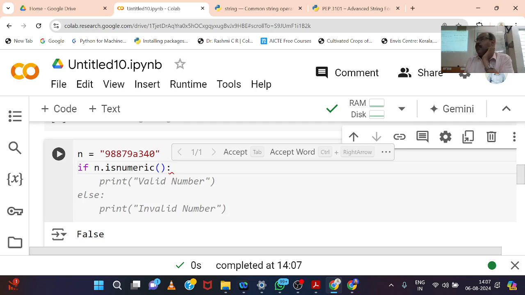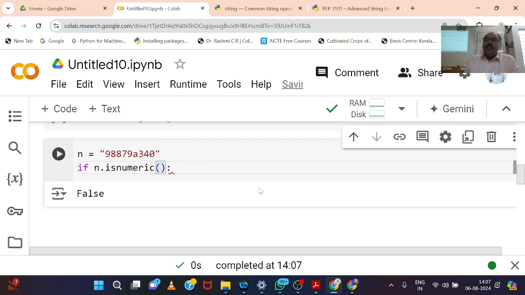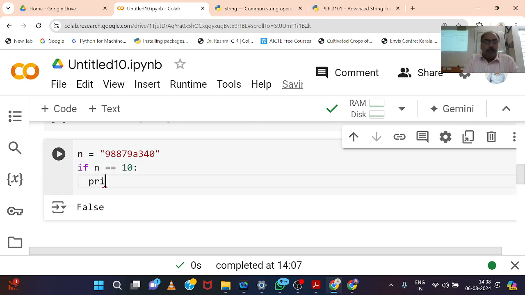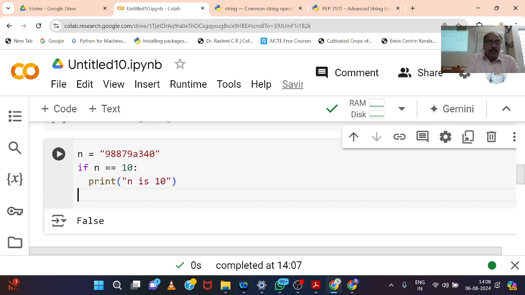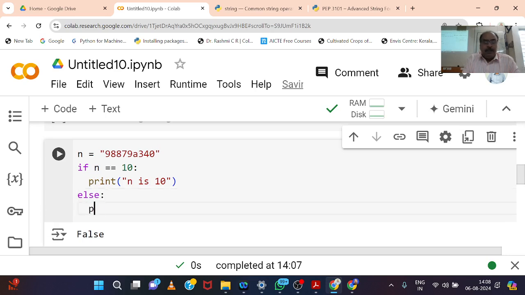You can put any condition here. For example, if n is equal to 10, print n is 10, else print n is not 10. Okay, so if I run this,